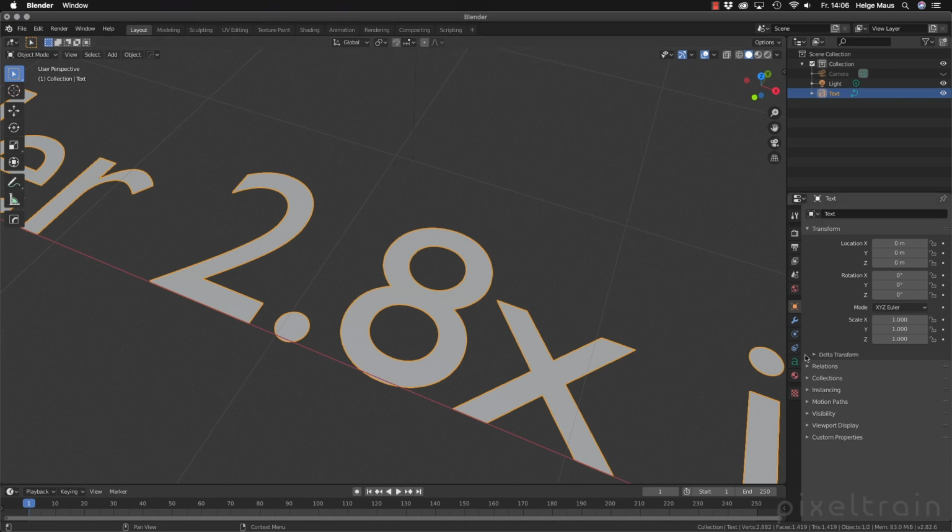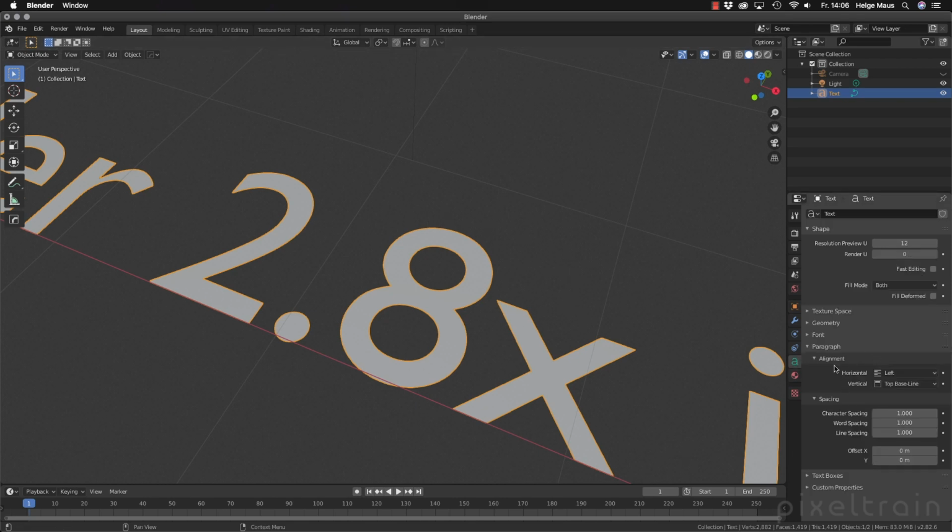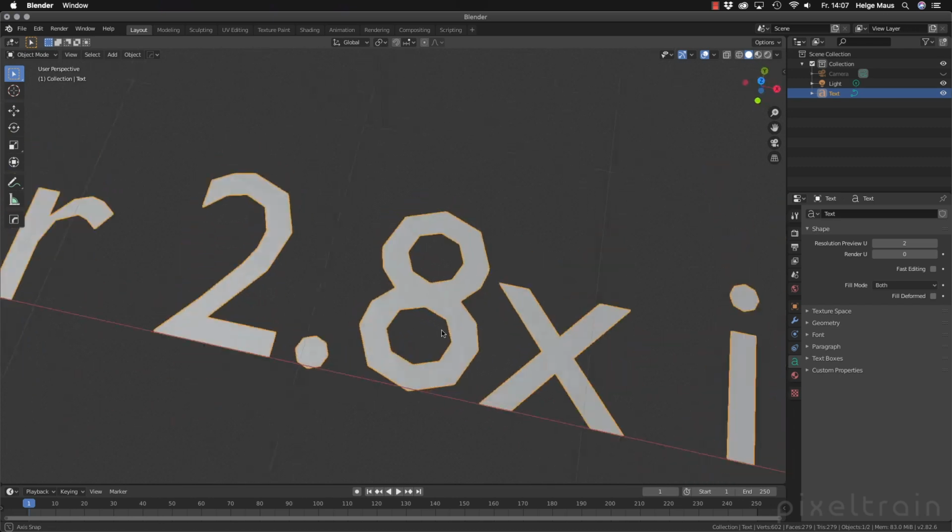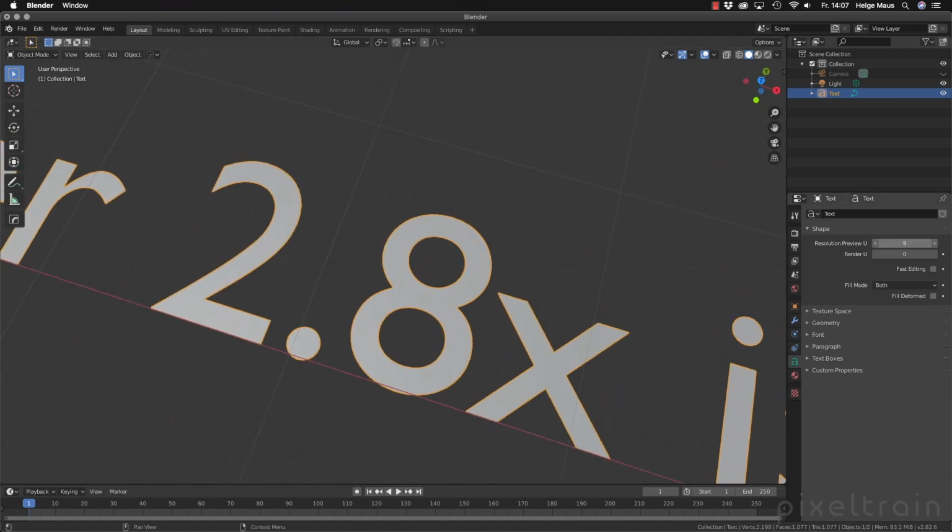And to change now the resolution, you can go here into the text properties and you start here under shape. Here's the resolution of the curve, and it's 12 in the moment. 0 in the render options mean that it uses the same like in the viewport. And if you lower that, you will see that the curve is undersampled and it looks really jagged. And if you increase this value, it gets rounder and rounder and nicer. So this is a quality option which you can use. You can divide this between the preview and the renderer, but in my case, I think, yeah, something like 18